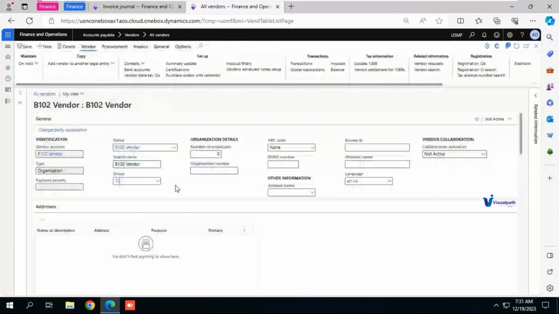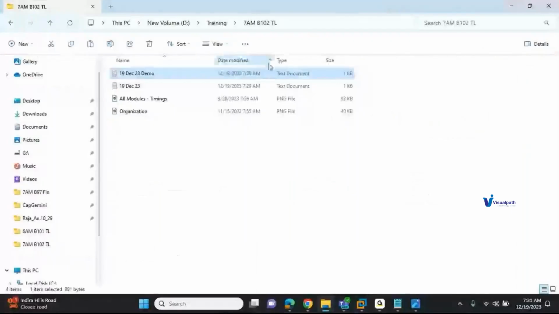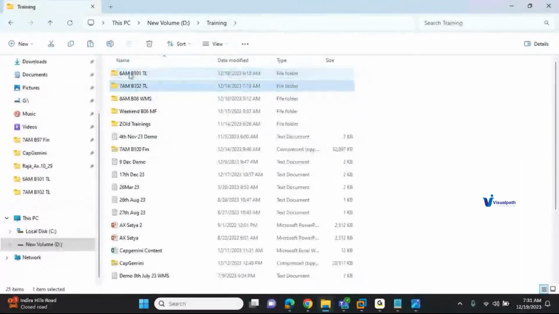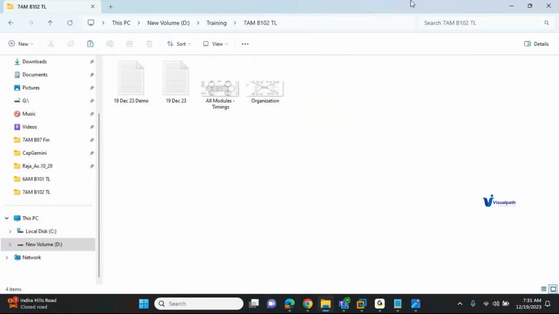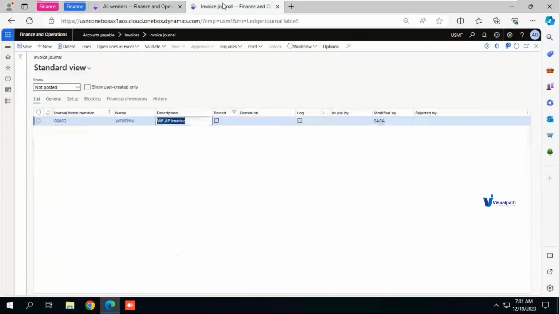Fine, I have created a batch number because this is batch number 102. 101 is SCM, T&L, and 102. So I have created one vendor account. It is empty. Now I am creating one invoice journal,